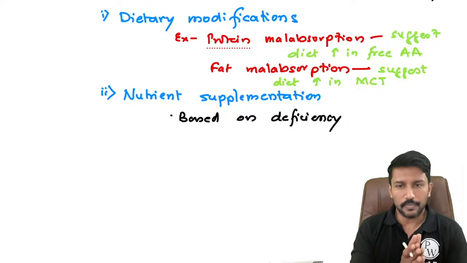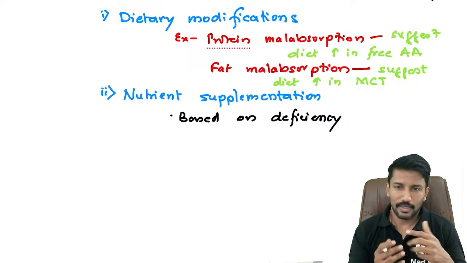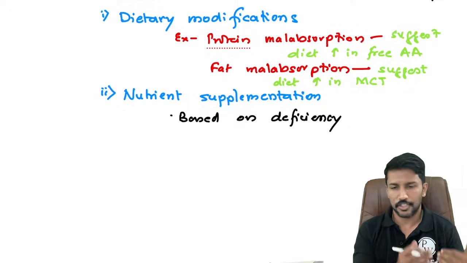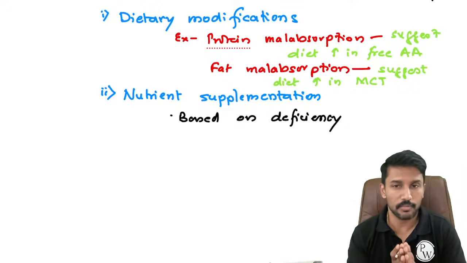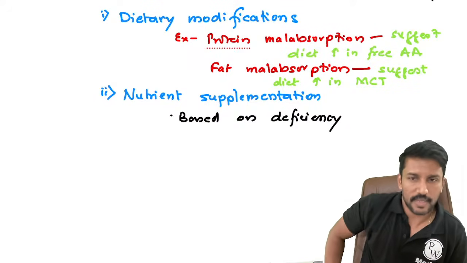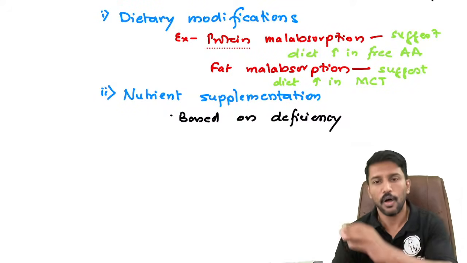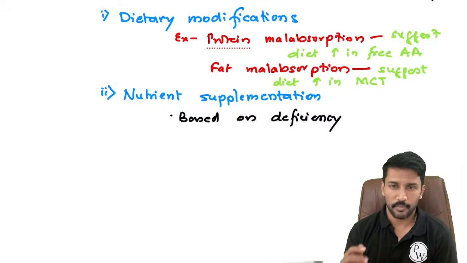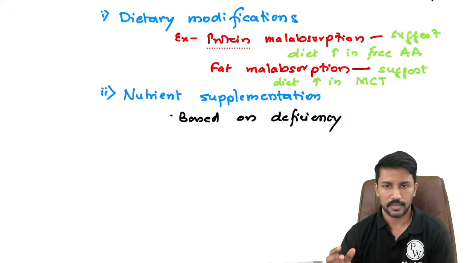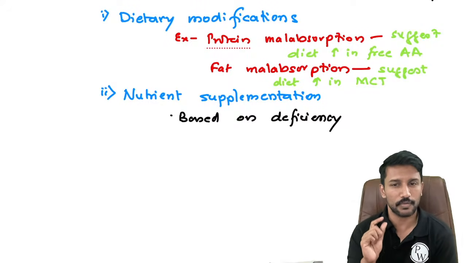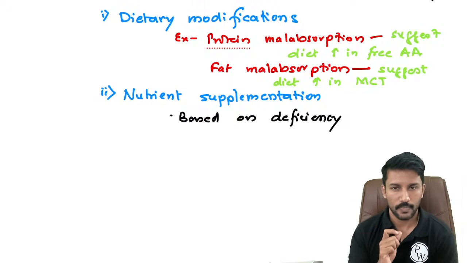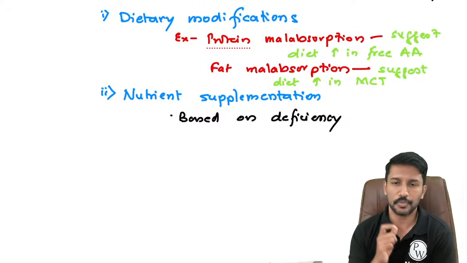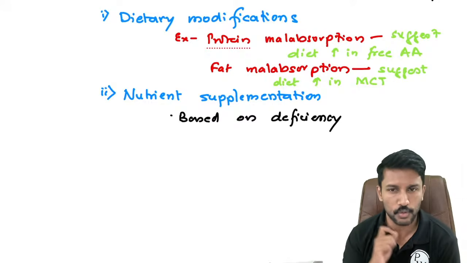Okay. See, the free amino acids are available as a supplement. Branched chain amino acids, essential amino acids, are available as powders and supplements, which we can ask the patient to consume on a regular basis, or food which is partially digested or fermented will have free amino acids. Just to give you an example, soya chunks are a very rich source of protein. But if a patient is having protein malabsorption, he will not be able to absorb those soya chunks.